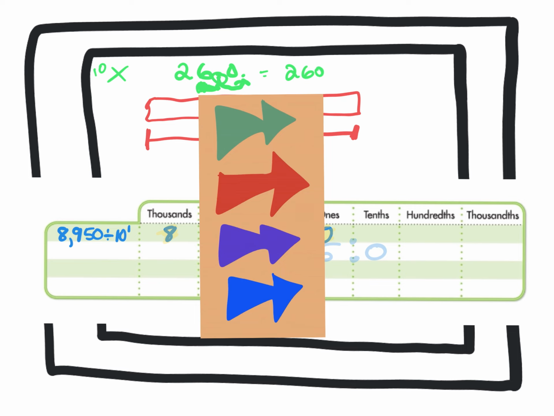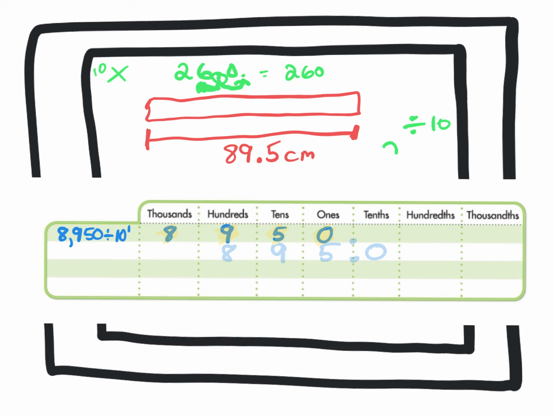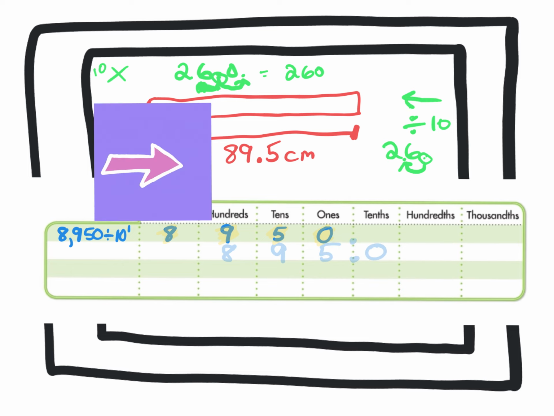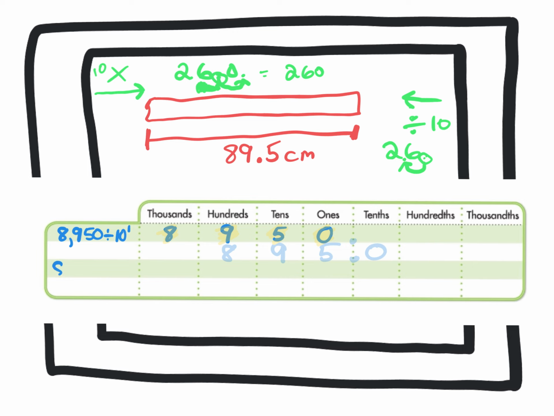Now, division has the opposite effect. When we're dividing by 10, now that 26 that we had, think about which way we want to move the decimal. Right, to the left. Because now 26 becomes 2 6/10. So dividing by 10, we can move the decimal to the left, and multiplying by 10, we can move the decimal to the right. Now, if I fill in the rest of the chart here,